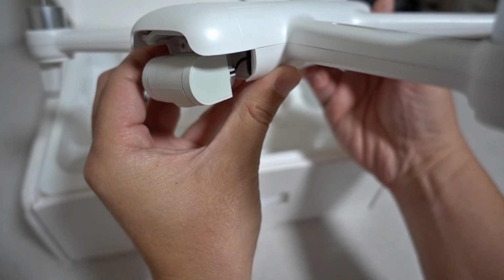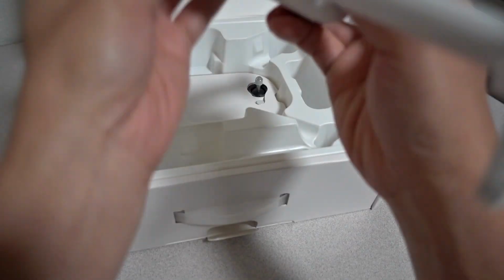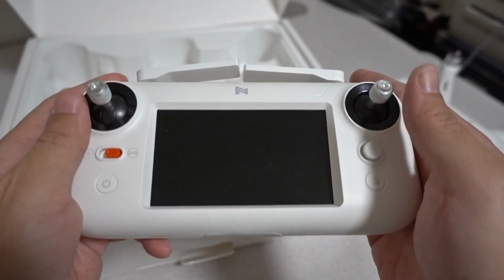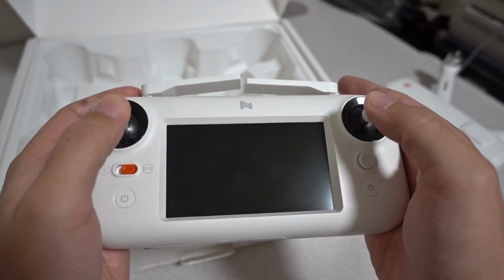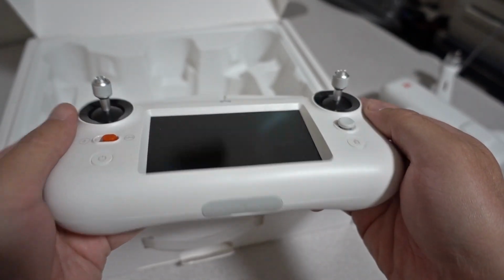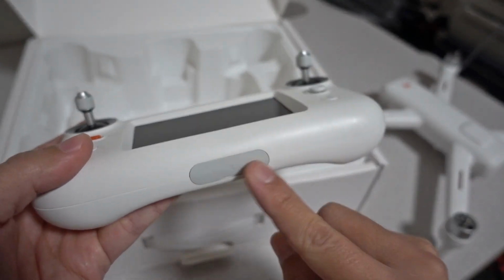Okay, so here's the drone itself, and it looks like there's no gimbal protector. It's just kind of hanging out there. Take a closer look at this here in a second. Okay, so here's the controller. This is one of the things that kind of separates this from a lot of budget GPS drones out there. It has a built-in screen, so no need to connect this to your phone, and it also has a built-in